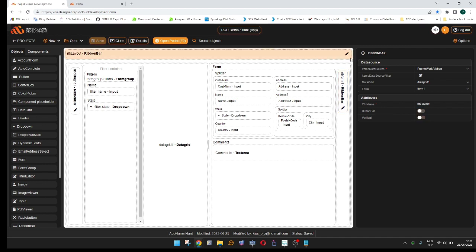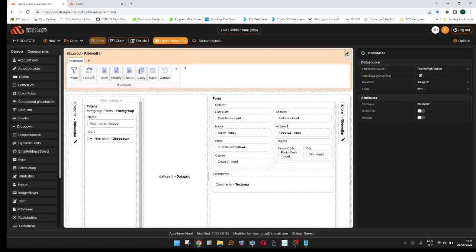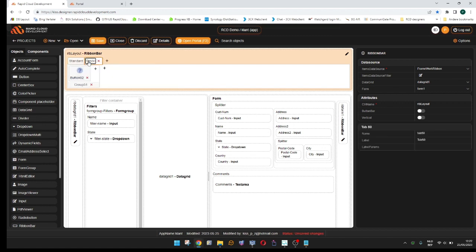Now if you click on this little pen here, it'll open up the designer for the ribbon bar. By default, I have turned off the use of tabs and tab groups here, because I don't use them in my application, but it's possible to use additional tabs. You can just add here new, and you can type exports,